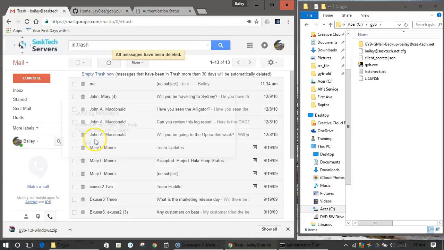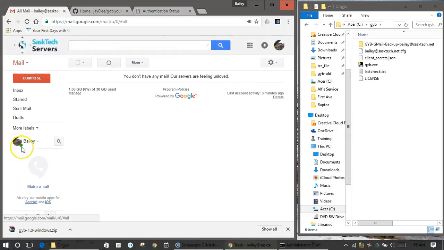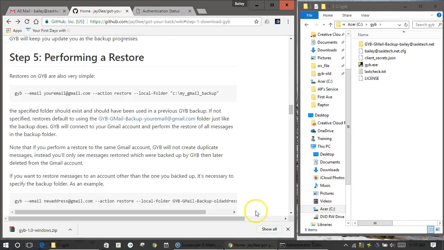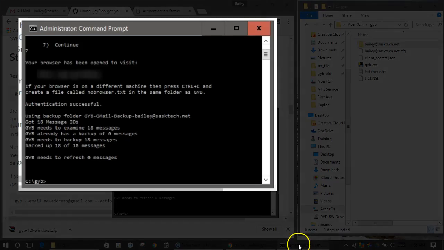Now, after deleting all the emails and labels, we'll perform the restore process. In this example, back to the same user account, bailey@sastech.net. Restoring twice does not duplicate messages, though there are faster commands that we're not going to go over in this short video. To make typing a little bit easier, I'm just going to change the folder that we backed everything up to just the email address. It's a little bit easier going into the command line. So to perform the restore back in the command prompt, running as administrator, ensure you are in the GYB directory, and we'll type in the following command: